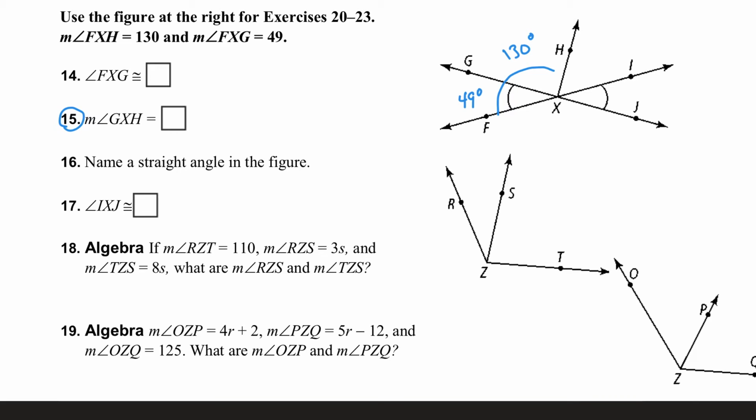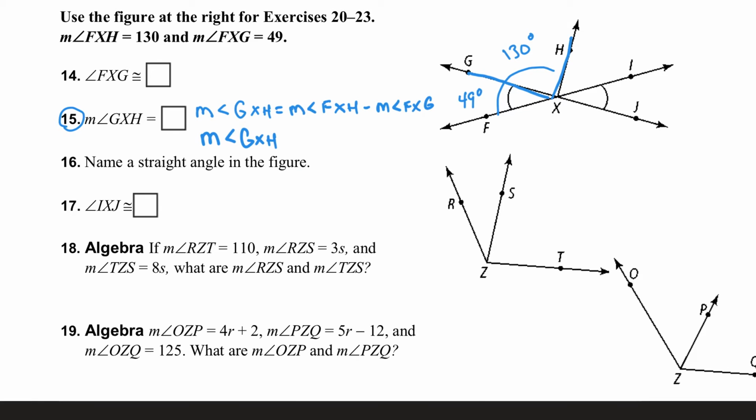GXH. You want to write this down: the measurement of angle GXH is equal to the measurement of the larger angle, FXH, minus the measurement of F. Let me pause the video so I can write this correctly. What I wrote down was that the measurement of angle GXH, which is the larger, I'm sorry, it's this one here,